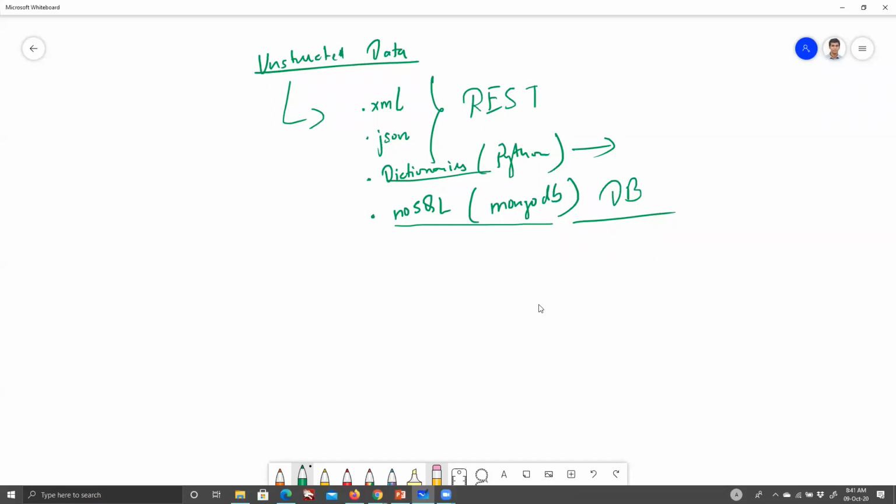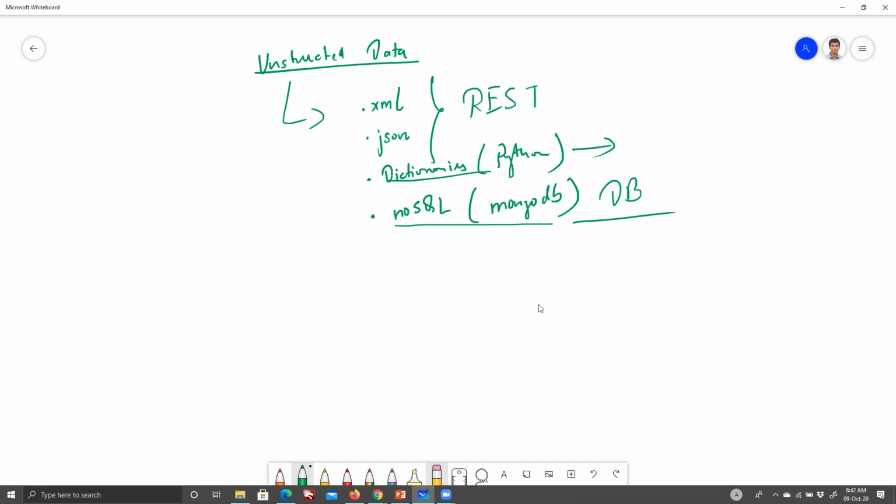Hi, Nitanj, I have one query. Sure. These XML, JSON are not exactly unstructured, right? It's kind of semi-structured data, right? You can say that. I was just saying what would be the good ways to handle unstructured data sets, but yeah, you are right. XML and JSON are more semi-structured. We cannot say it is totally unstructured.